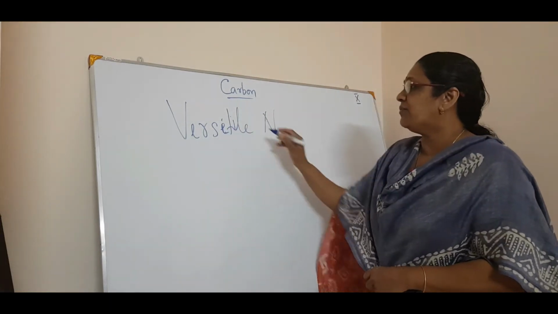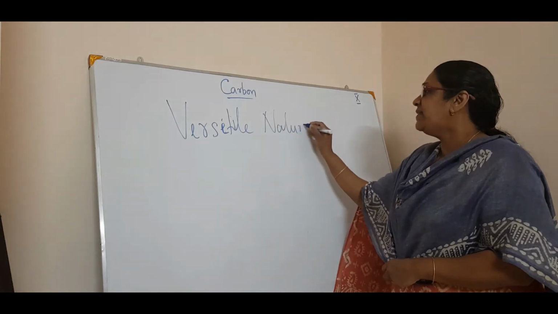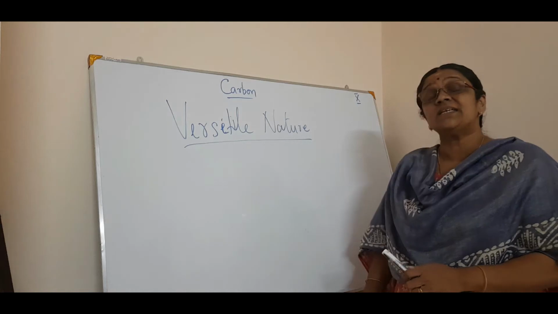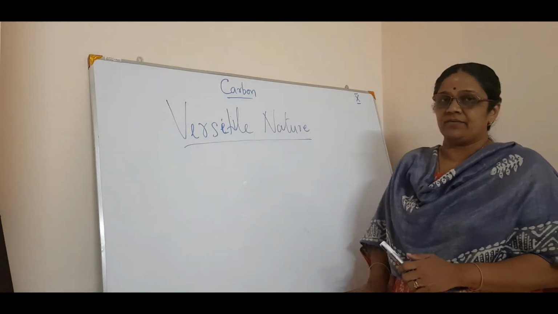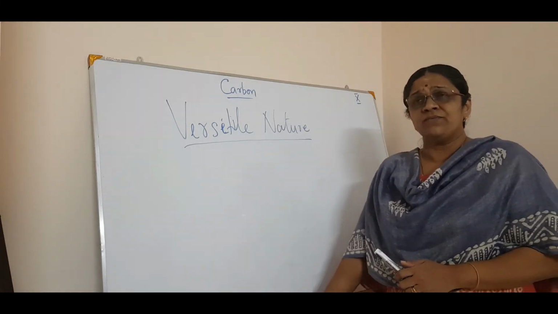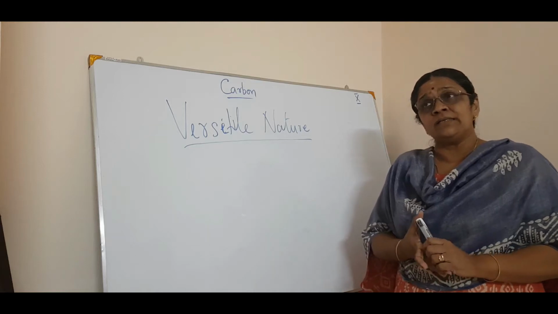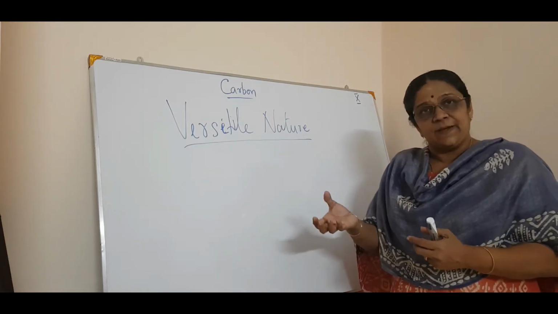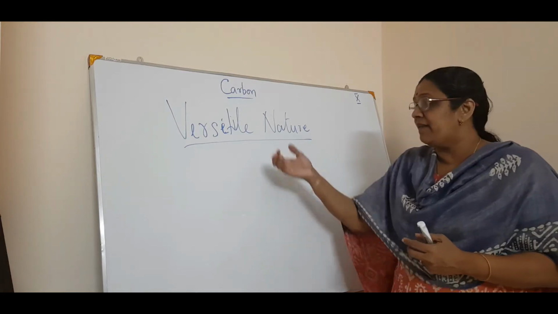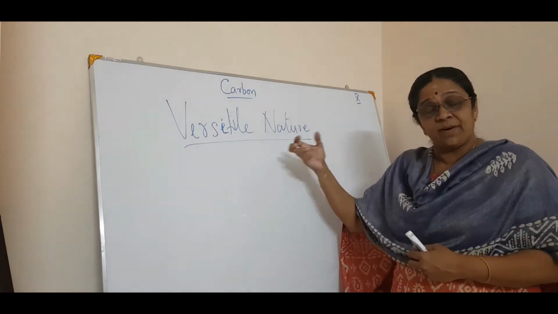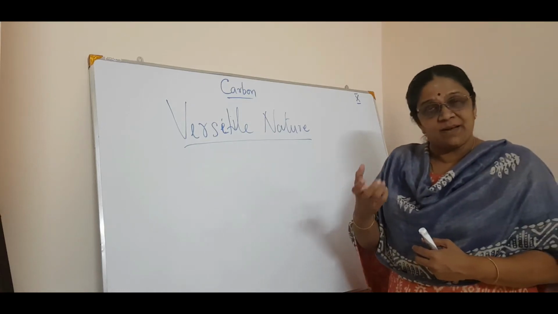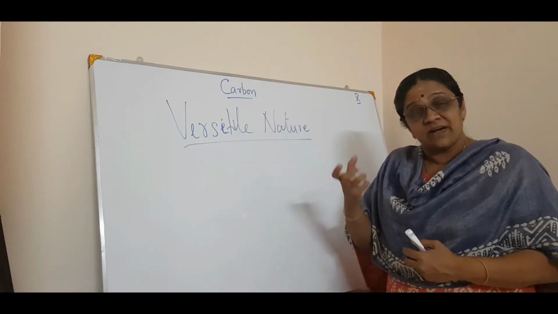Versatile nature of carbon. Why is carbon said to be versatile, or how does the versatility happen in carbon? When we talk about carbon, in the first class itself we said that whatever we see, even in the book or in this plastic, is carbon related. Plastic means it is PVC or a polymer. Plastic is a polymer of carbon related compounds.